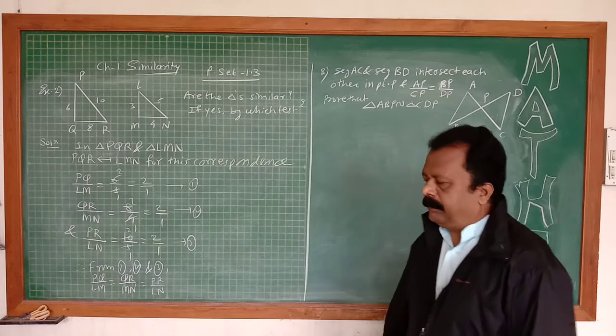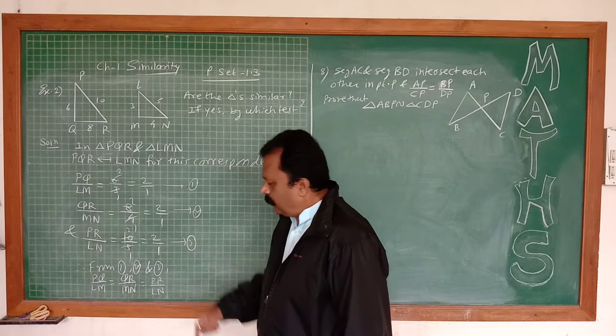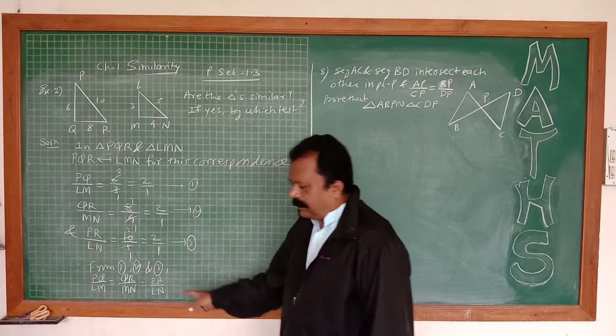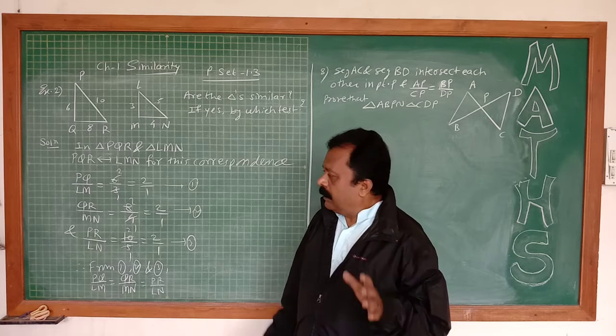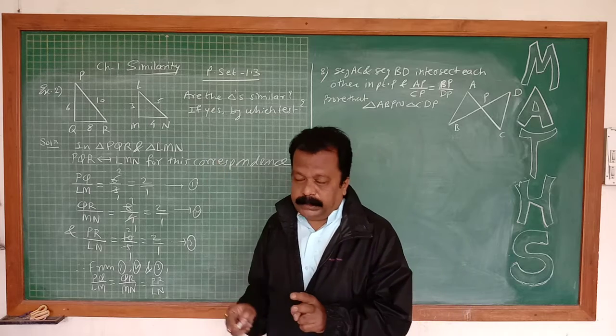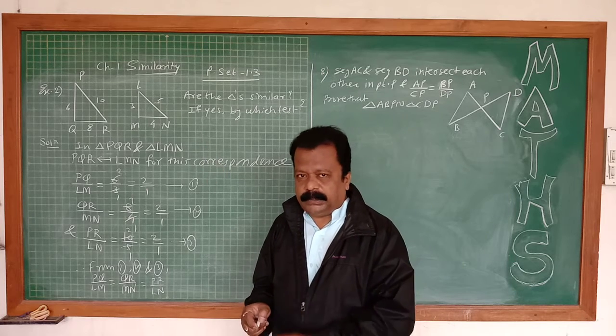like this we can write. Right side is equal to right side is equal to right side. Then from 1 to 3, left is equal to left is equal to left. Means corresponding sides are in the same proportion. Then how do we show these two triangles are similar? By the SSS test for similar triangles.